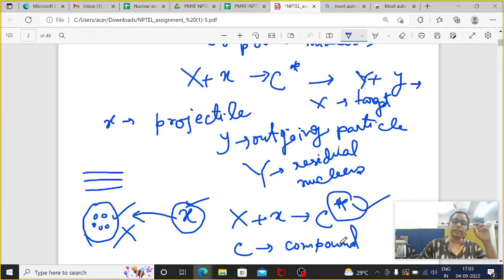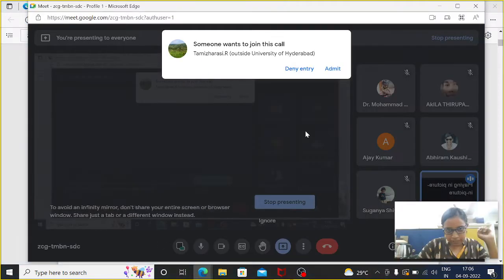But why am I writing a C star here? Because a compound nucleus will always be in the excited state. Why is it in an excited state? Because, as you already know, when a target nucleus is there and a projectile comes into it, there will be an unstable state, and unstable state means there will be some collisions and some new ground state to excited state configurations, and all these things will be there. So as a whole it will be an unstable state, and whatever is made in there,